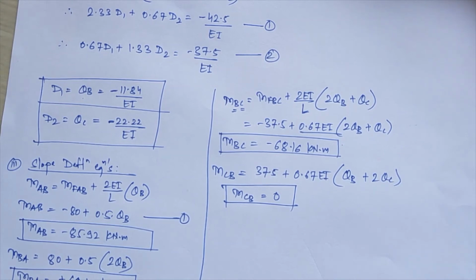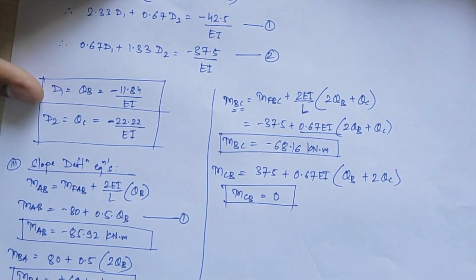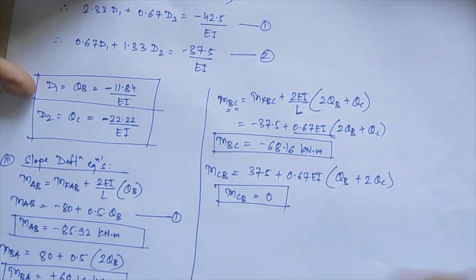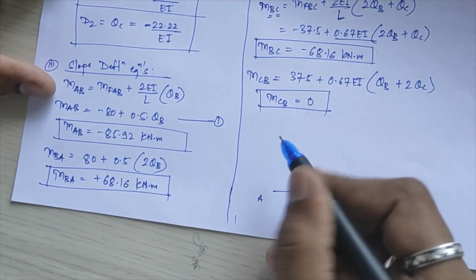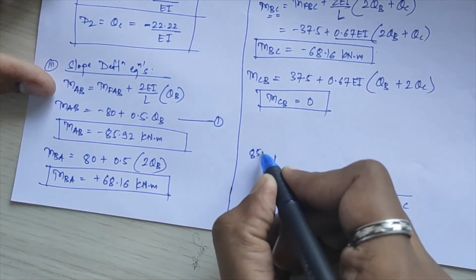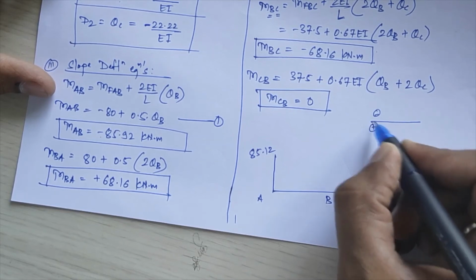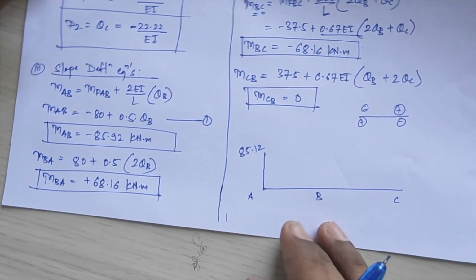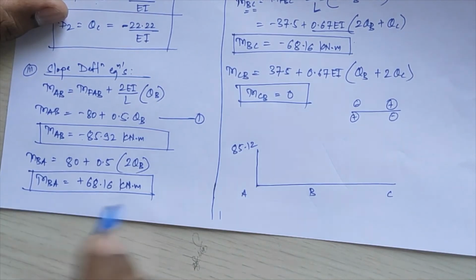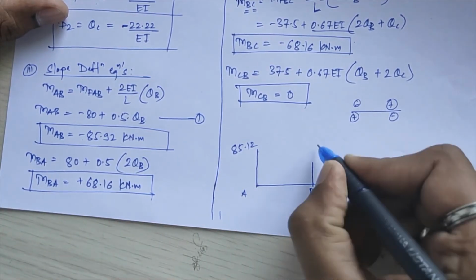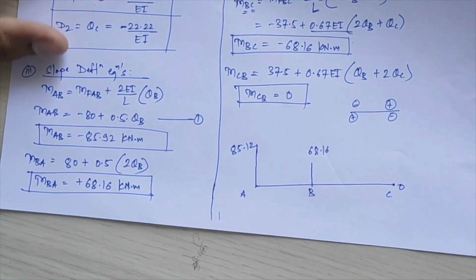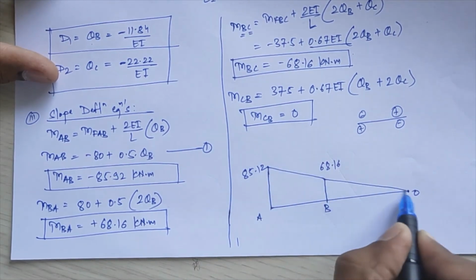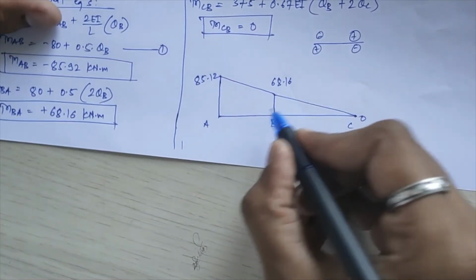So here your numerical concludes, and then we'll plot the bending moment by superposition over there, A, B, C. Okay, for A I am having minus 85.92, minus it is, so it will be plotted on the upward side, 85.92. Same sign conventions you have to use, negative, positive, positive and negative, that I have told you for beams. Okay, next BA, you are getting positive over here, 68.16. And next here you are getting equal to 0. What you have to do is join these by straight lines. Now these will be your support moments.